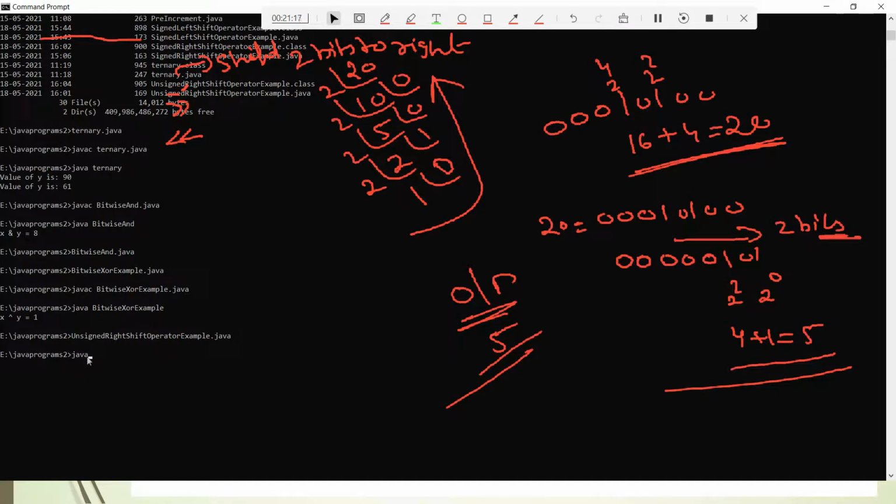So it is javac unsigned right shift example.java. So no error. Okay, now let me execute it.